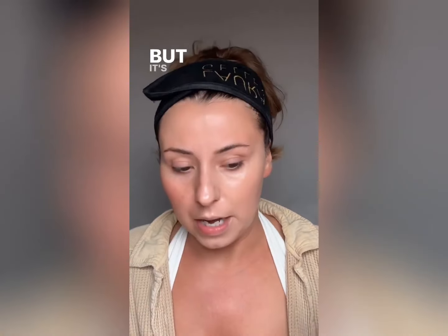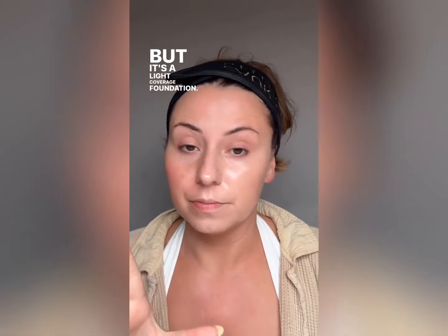And I'm saying this because if I try to blend, look, I'm just going to do that little dot. I won't even grab the whole dot. If I try to build on top of this, it is going to stay so wet, and if I try to put powder, it could get clumpy and lumpy. So at this point, we're still not getting to build where we need to build. We might as well just bump it up to a medium full. One more time, I love this foundation. I'm actually going to take it with me, but it's a light coverage foundation because I'm still able